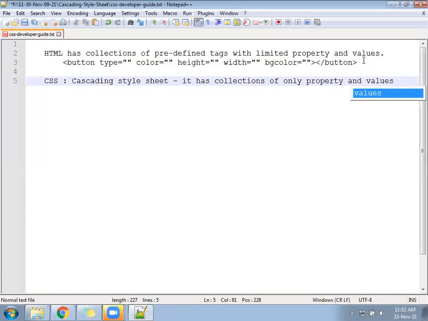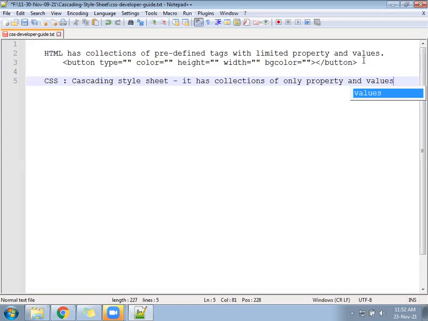HTML says, I have predefined a lot of tags, but there is a lack of property and value. Limited property and value. CSS says, I don't have tags, I have only property and value.